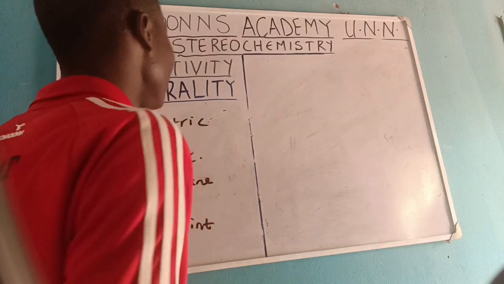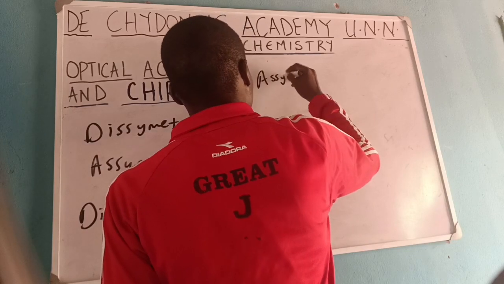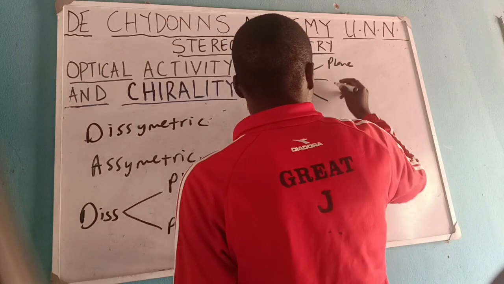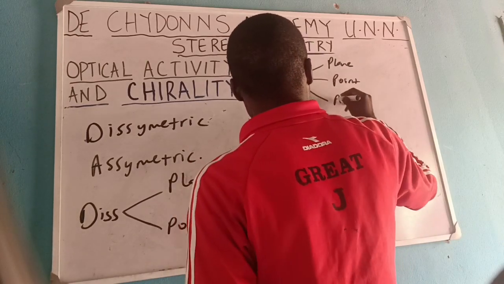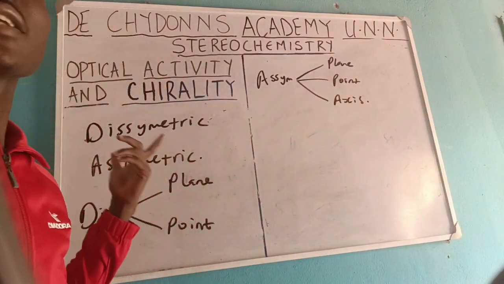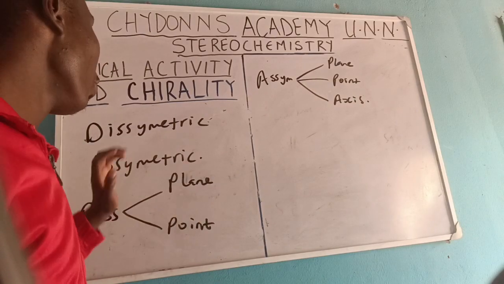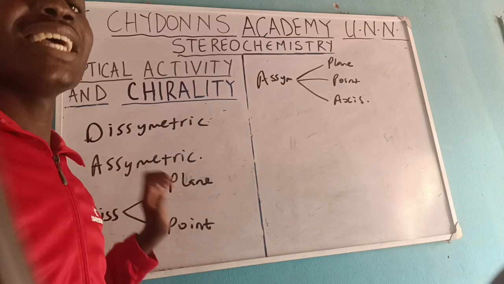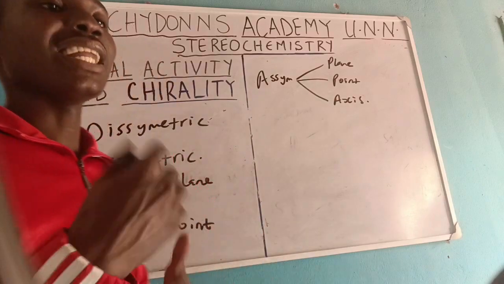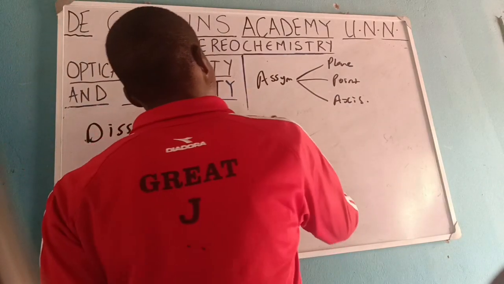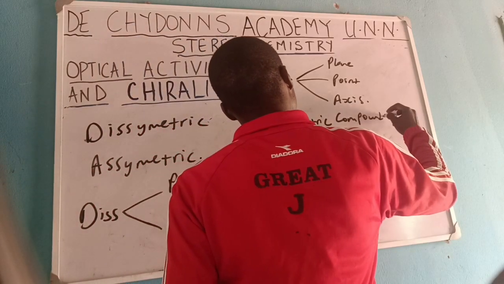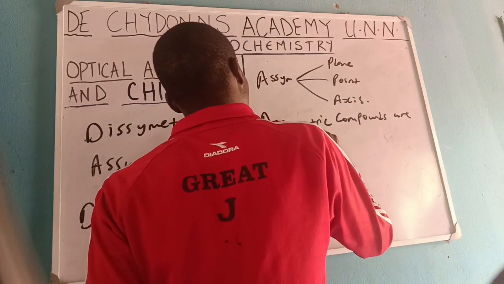But when we talk about asymmetric, it simply means that the compound lacks three elements of symmetry. We have the plane, as we have here, we have the point, and then we have the axis of symmetry. So this one lacks three and this one lacks two. Once any compound lacks a plane of symmetry and a point of inversion, it must be chiral. But it does not necessarily need to lack all three for it to be chiral. Now, this is what it implies. It implies that asymmetric compounds are always chiral,